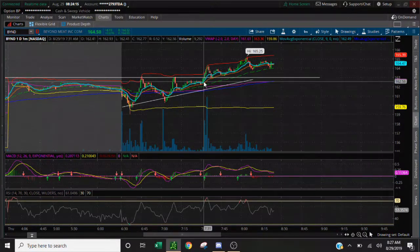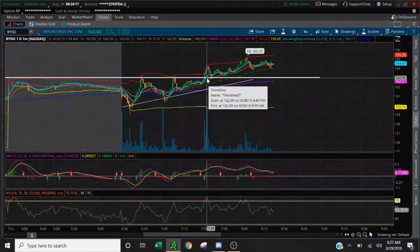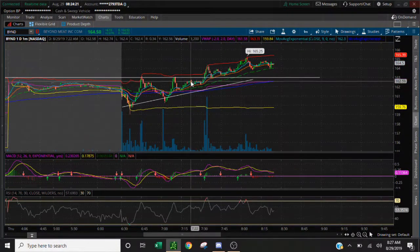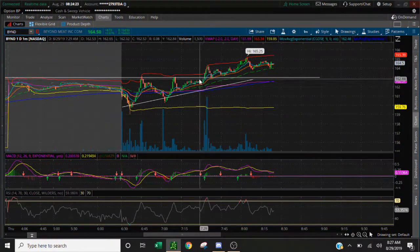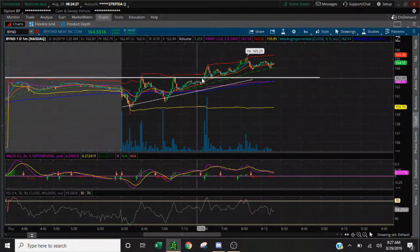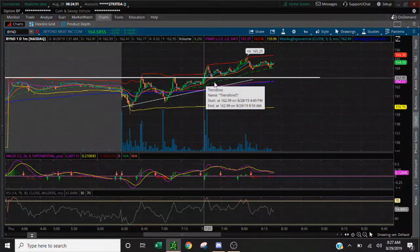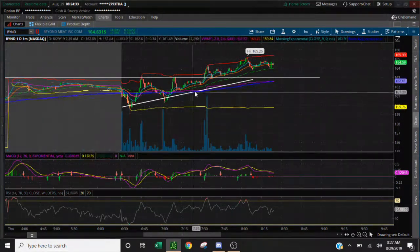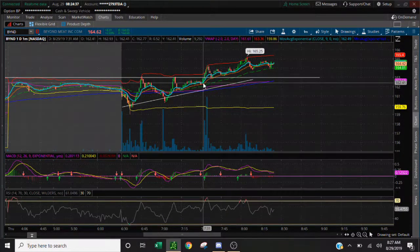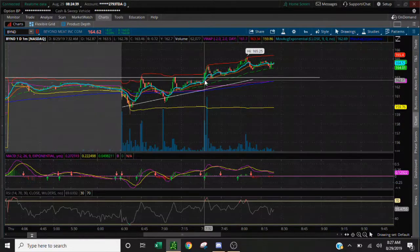You could have entered somewhere just below 163 to get a better entry, right? Because we see that these candles are now printing higher than this consolidation zone. That's telling us that we're primed to make a third move at breaking out at 163. And our wedge, our triangle, is getting tighter. So to take this thing long, you could have entered somewhere on one of these two candles here,